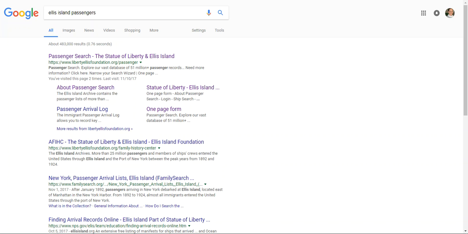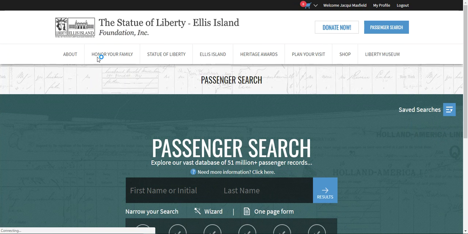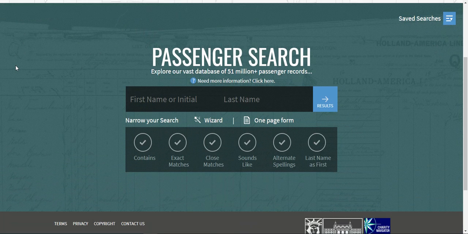So here I am on Google. I'm just on Ellis Island. I type that in. If you just type in Ellis Island, you're going to get a whole lot of information. So you want to put in passengers, and that will just narrow it down, and then your search will come up at the top. So I typed in Ellis Island passengers, and I'm going to go ahead and click on passenger search, and I'm going to come to this page here. I'm just going to scroll down, and I'm going to talk to you for a few seconds about this passenger